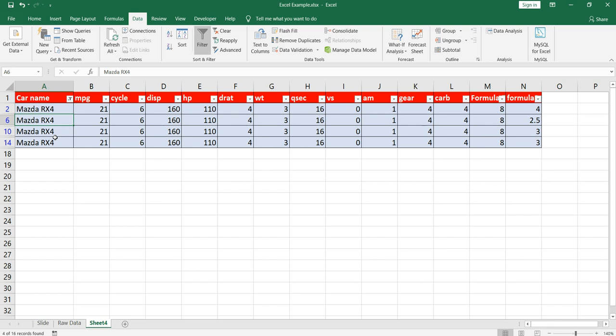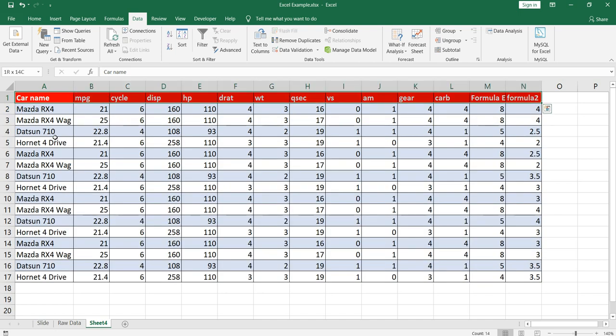The other way is that you can use pivot tables to see how many times a car name is appearing in your data, and I'll show you the functionality of pivot in our future videos. But as I have shown you earlier about filtering, I'll just use it here to show you how you check whether there is any duplicacy or not. So after applying the filter, I can see that my data has duplicates and I have to remove them. How can I remove them?